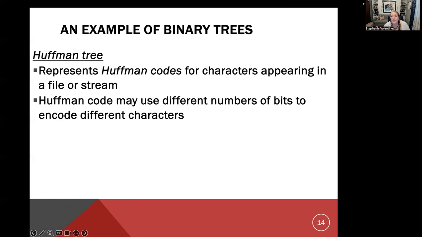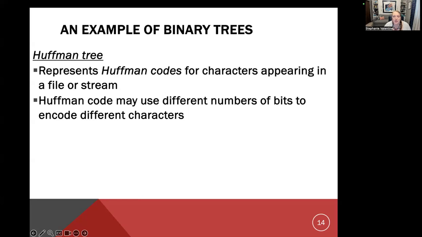Instead of using 8 bits or 16 bits or however many bits it is in your operating system to store a specific character, we can reduce that to 3 bits to 4 bits. And that can make sure that you are using less memory or less bits to encode